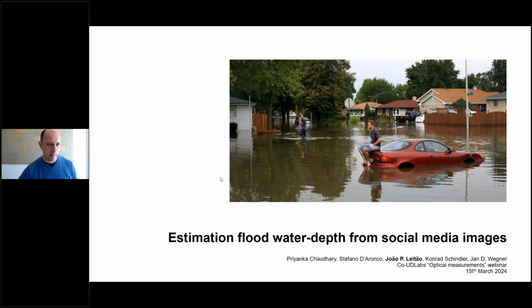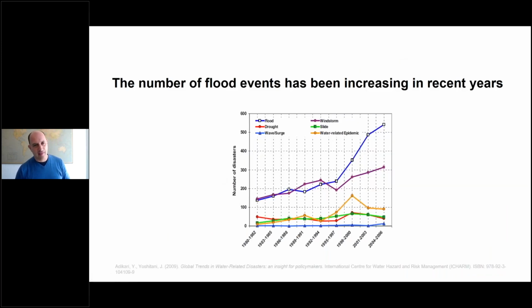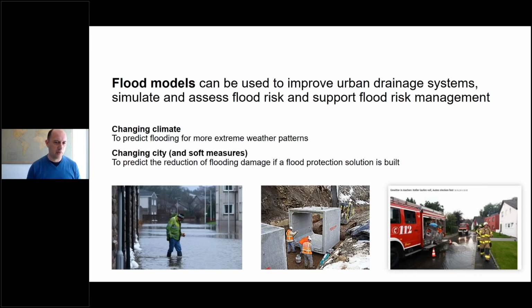And just a little bit of background. As you know, flood events have been increasing over the last decades, and this has to do mainly with climate change, so more extreme events, and these extreme events more frequent, and also with the increase of urbanization. So we turn our space, our cities, more impervious, and then we end up with larger amounts of runoff and less infiltration, for example. And this causes problems to the managers of the urban water systems or urban drainage systems, problems of those taking into account the future planning, and also those involved in the rescue when these natural hazards